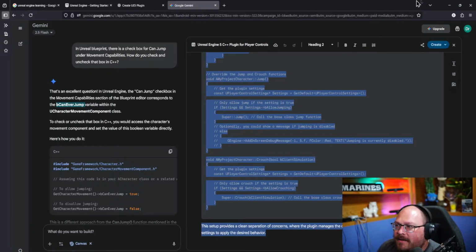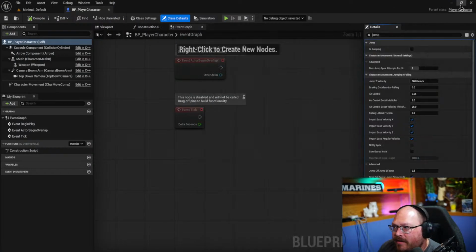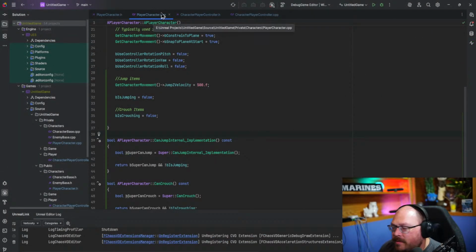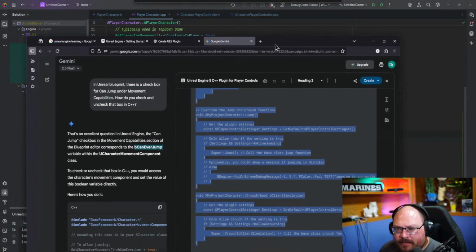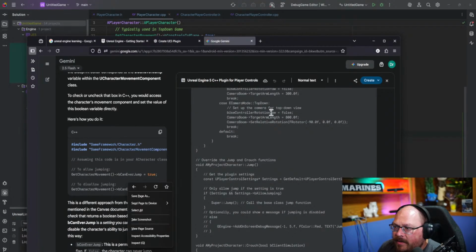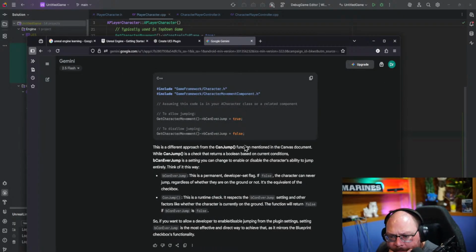All right. So if we go in our thing over here, let's close out of this. No, cancel. We want to keep that open. So if we go into... oh, it's right here. Okay, we can close out of this. This is a different approach from the CanJump function mentioned in the canvas document. While CanJump is a check that returns a boolean based on bCanEverJump as a setting. Yes. Thank you again, Marcus. This is awesome. I did not know about